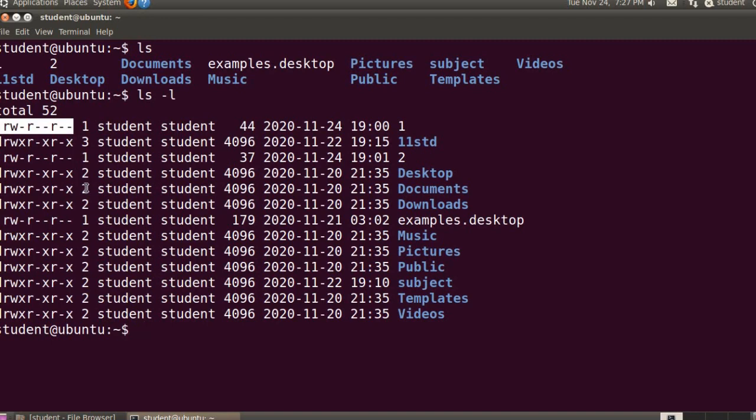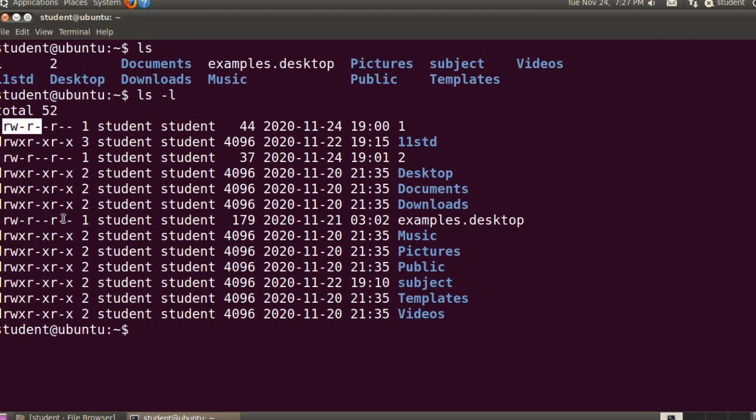Then the next 9 characters tell the system what access is permitted for the object, hence the name permission.